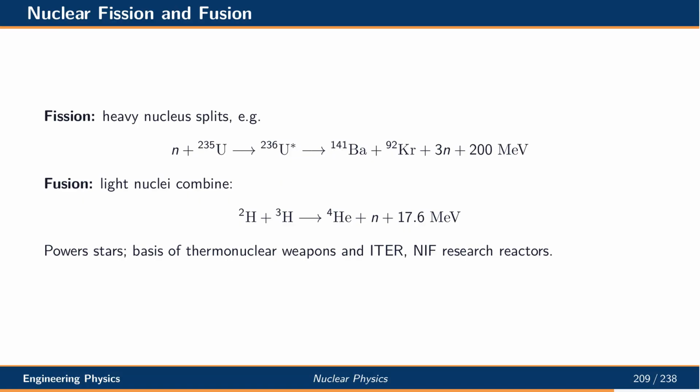Fission is the splitting of a heavy nucleus. For example, a neutron absorbed by uranium-235 forms an excited compound nucleus that fragments into barium and krypton with 3 neutrons and about 200 mega-electron volts of energy. Fusion is the combination of light nuclei. The deuterium-tritium reaction produces helium-4, a neutron, and about 17.6 mega-electron volts. Fusion powers stars and is the basis of thermonuclear weapons and is the goal of research reactors like ITER and